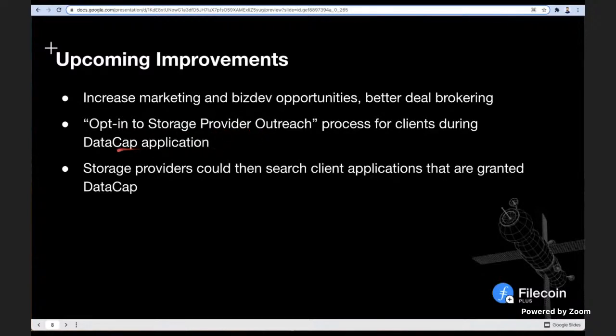outreach. And so the way that we're imagining this is on that direct data cap application, when a client is submitting an application to a notary, they will be able to check that they would like to opt in to that communication. Once we have that implemented and launched, we'll be able to put together another video like this presentation,